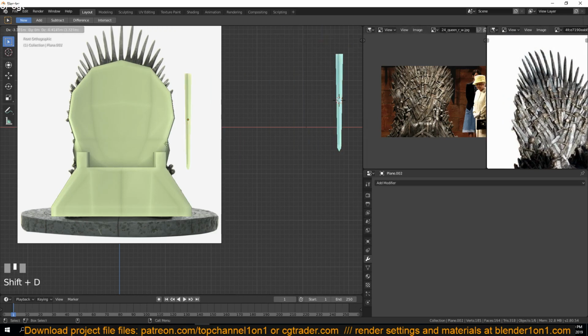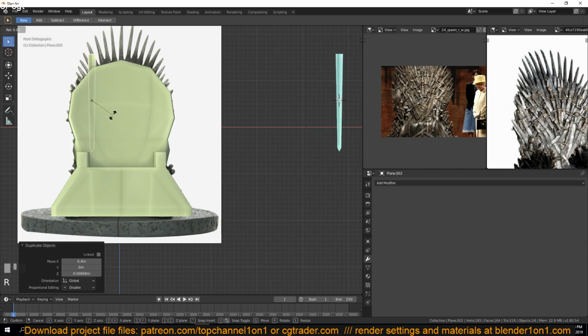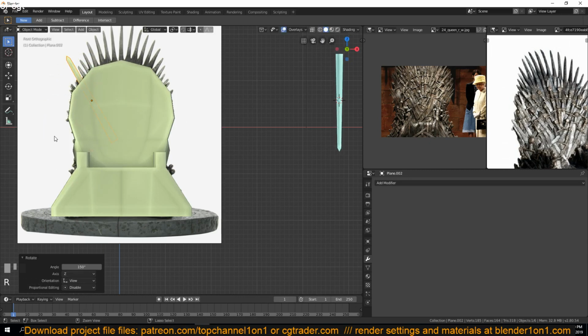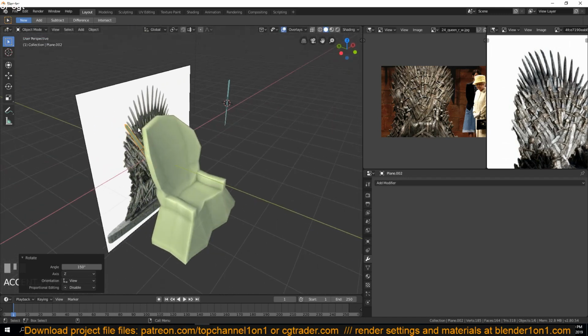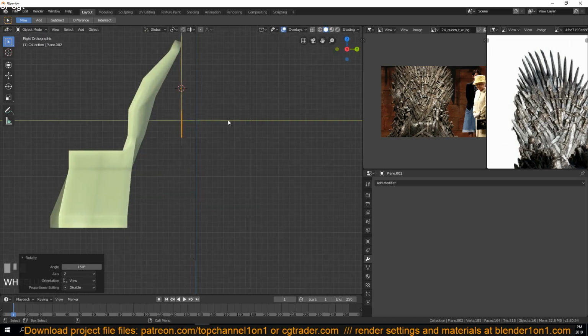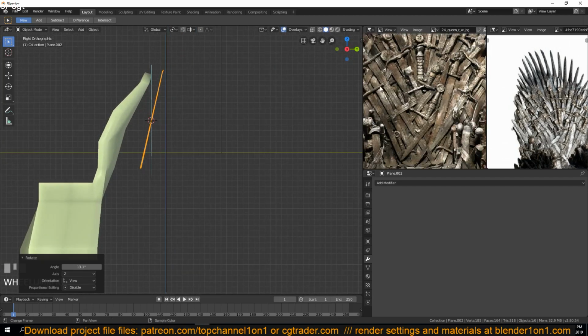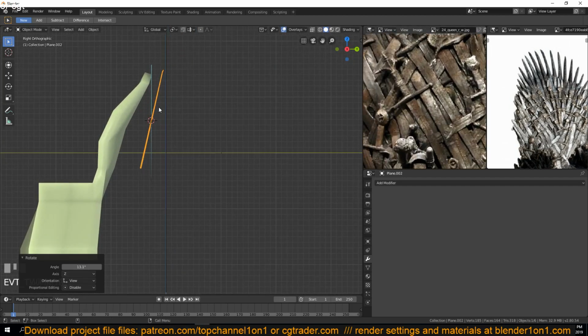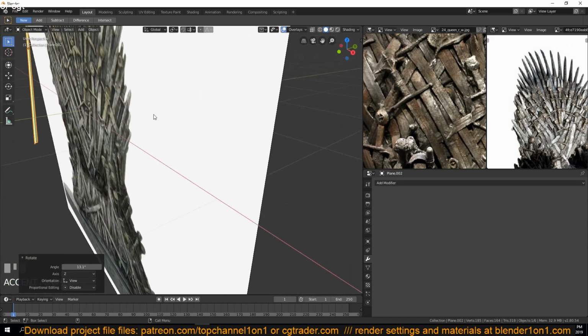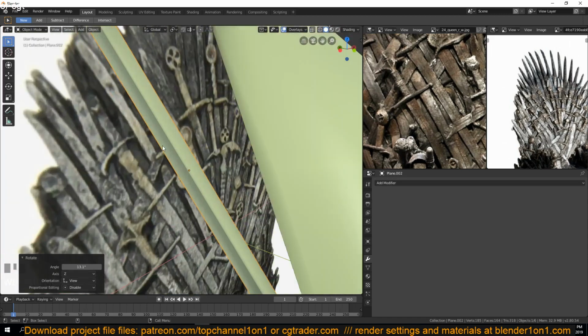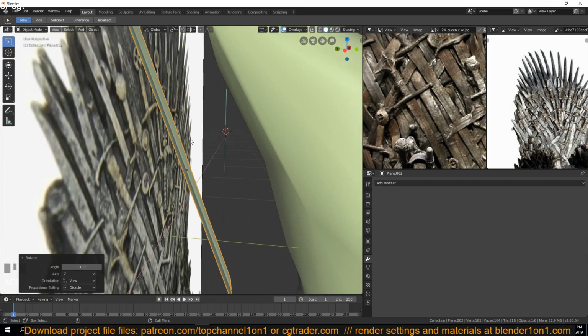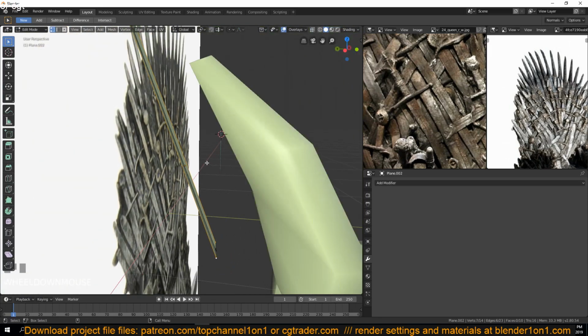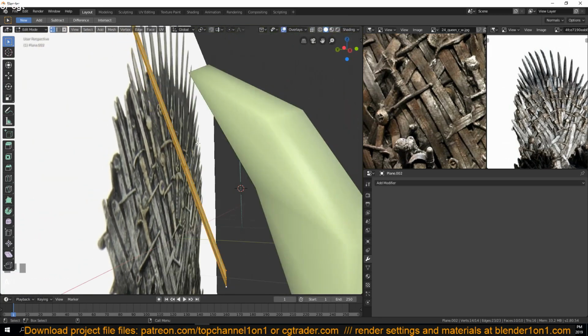So I'll just Shift D to duplicate this and rotate it. I can just hold down Control and snap the rotations around like that. And I think I can also angle this a bit like that. Okay, another thing I see that we're going to run into is that this is more like a thin piece of paper. It doesn't really have any thickness to it or any body. And I don't want to use a lot of polygons by extruding the entire thing. So what I can do,